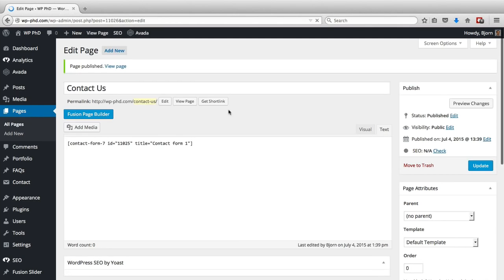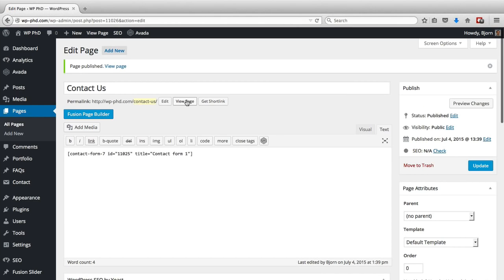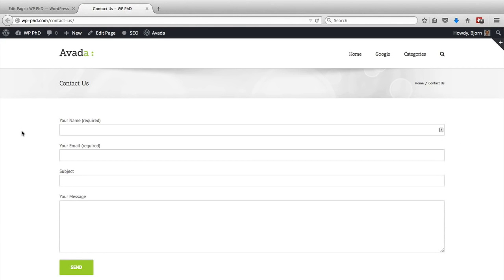Publish. Now if we go and view this page by clicking the View link or the View Page link, we will see that there's a contact form on the page. And that's how easy it is to create the Contact Us page